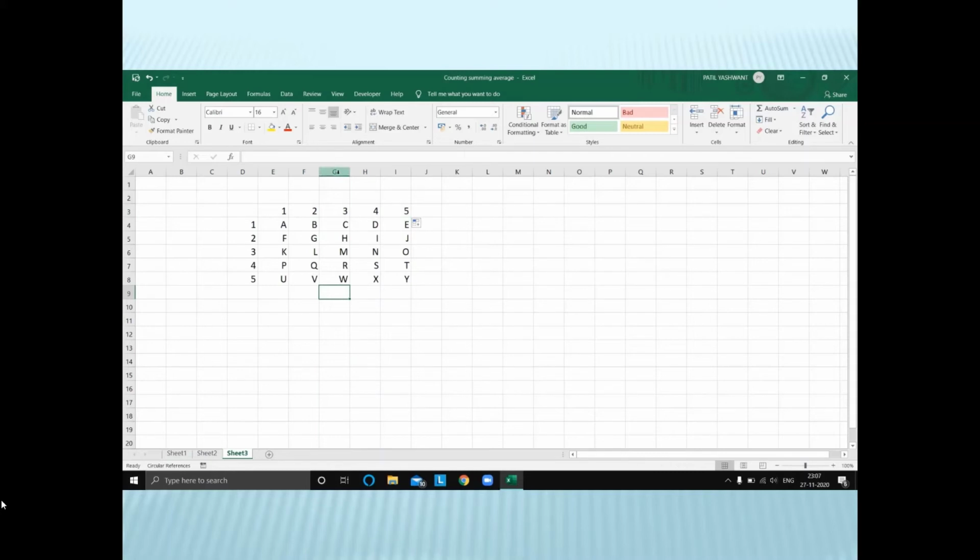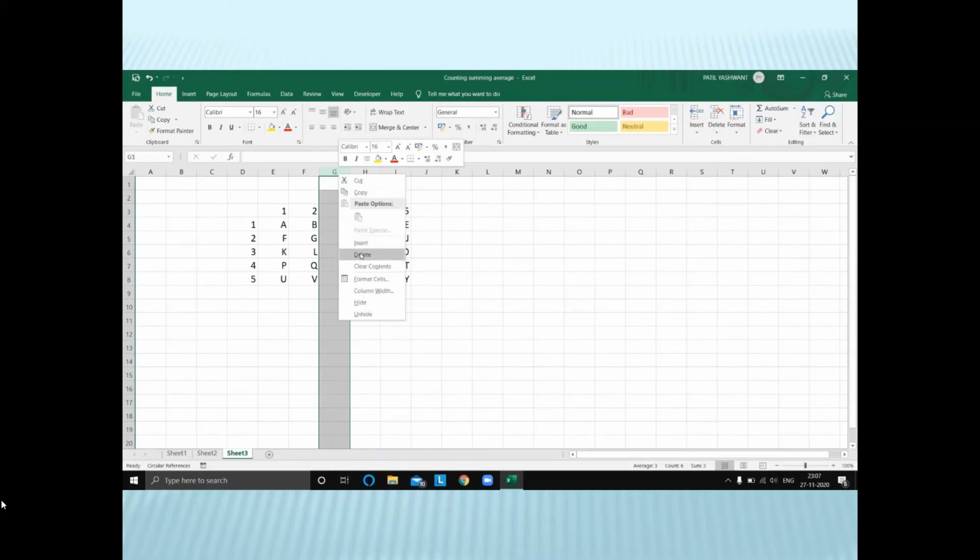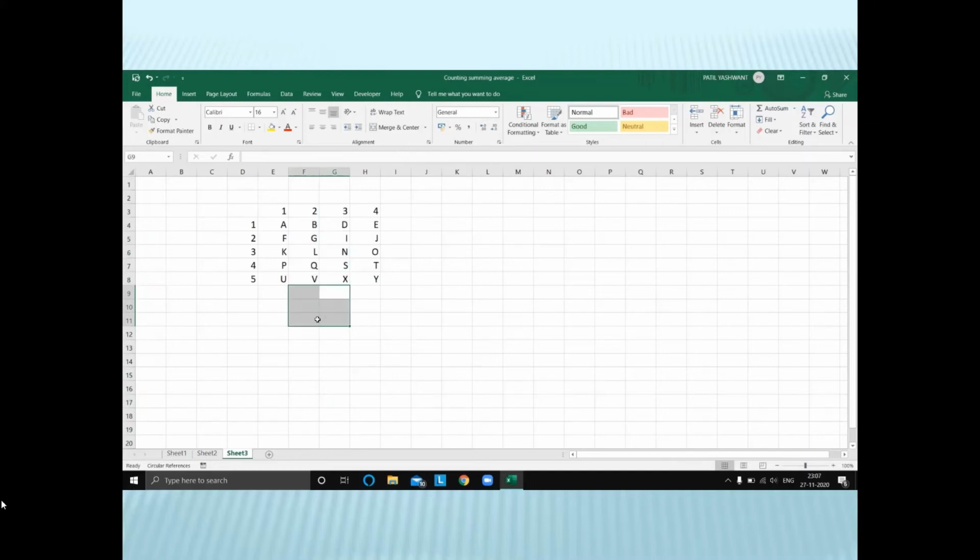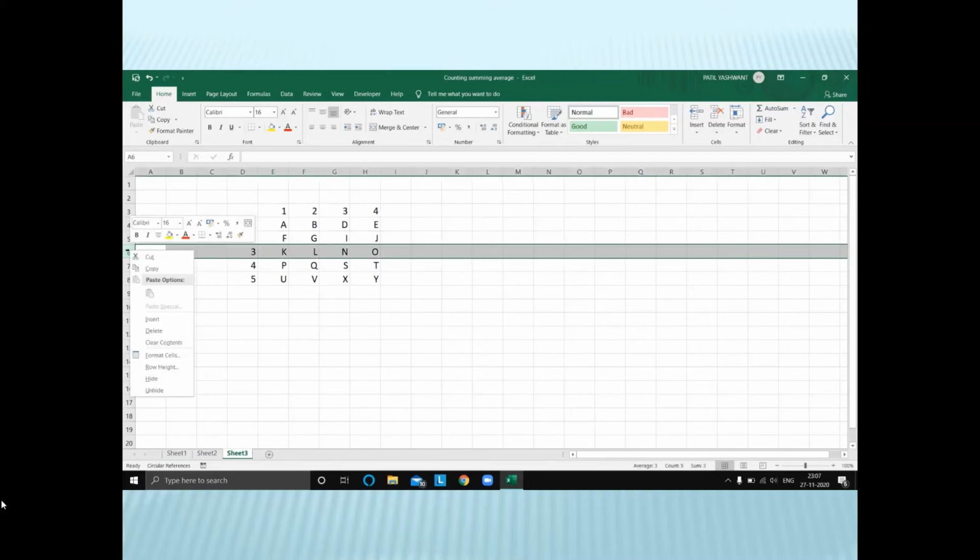So if I delete any other row or column, for example I've deleted this, you see that there is no breakage of serial order. The serial order is followed 1, 2, 3, 4. The column which we have deleted, 3, does not get applied, and the serial order is followed. Even if I delete any row, for example this row, you will see that the order is still followed. So this was all for rows and columns. Thank you.